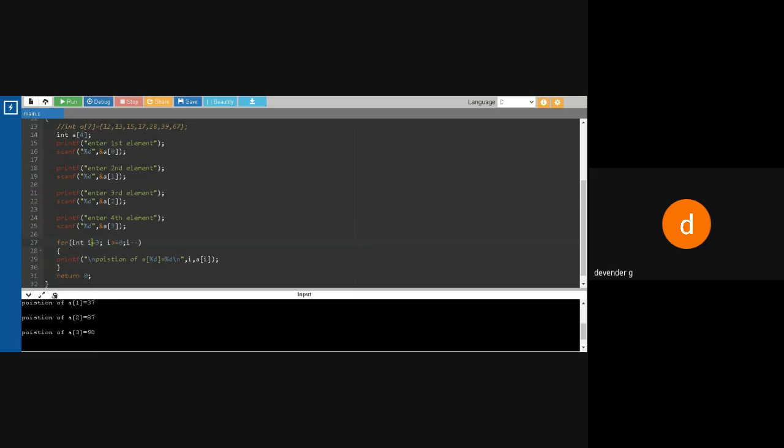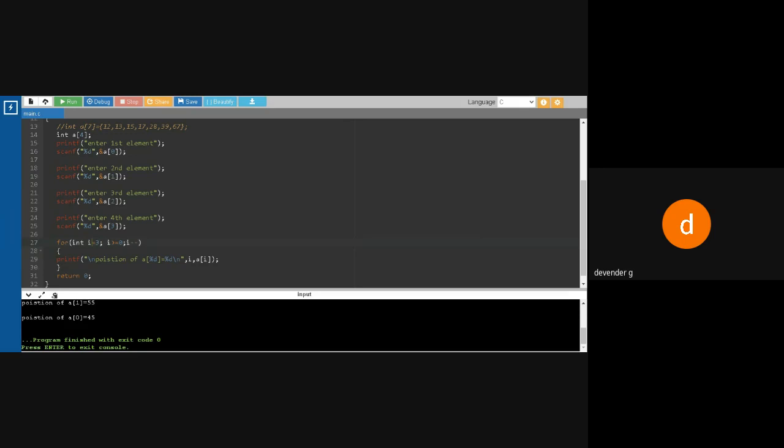Now let's see whether this is going to work. I'll enter the value 45. Remember the numbers. Then 55, then 65, and then 75. Now I should get the output as 75, 65, 55, 45.